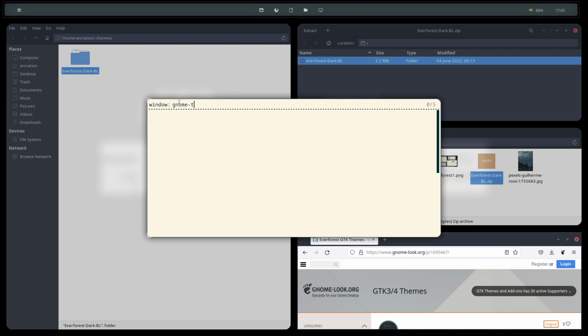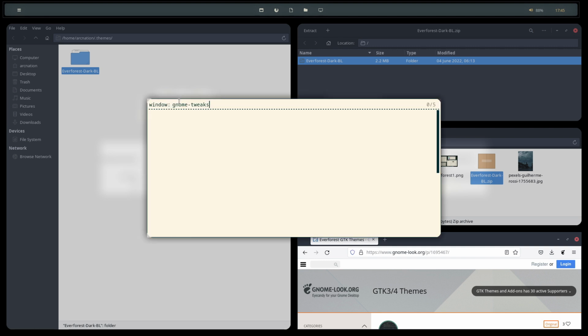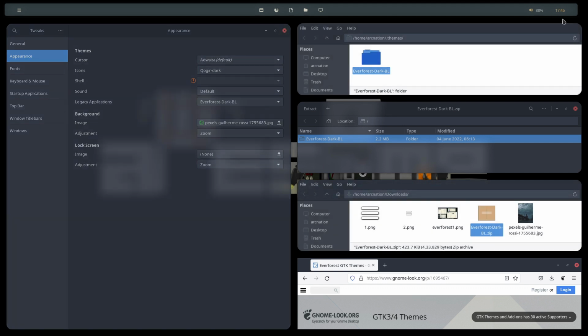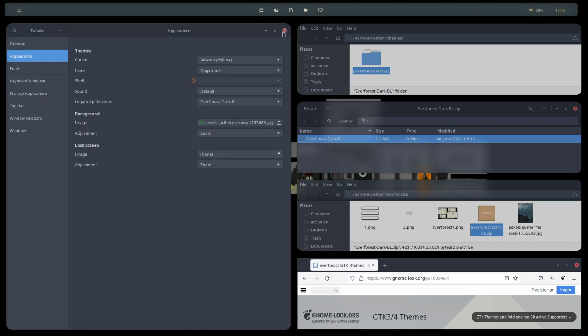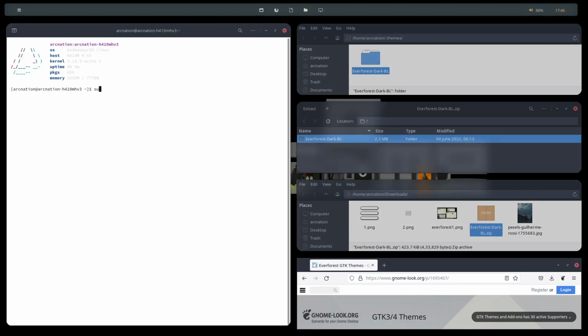GNOME Tweaks. Sorry, GNOME Tweaks. Go to Appearance, and for the legacy application, select Everforest Dark BL. Now everything won't change here if you're using GNOME Tweaks. If things don't change, like what has happened just now, need not worry, you just right click, open the terminal and install